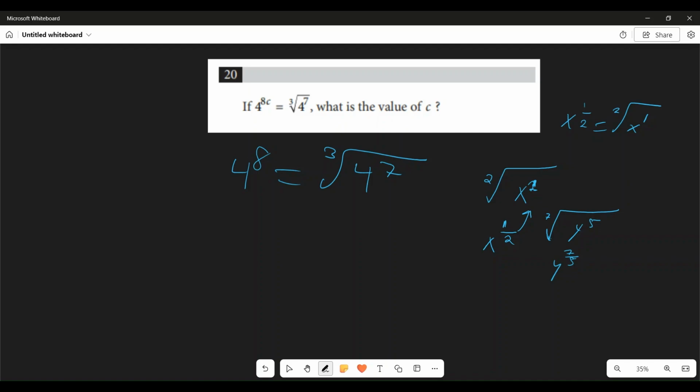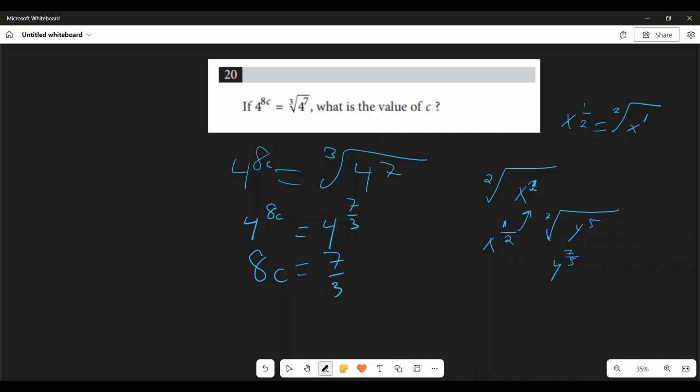So let's go back to our original equation. We have 4 to the 8c is equal to the cube root of 4 to the 7th power. We know now that we can represent this as 4 to the 7/3 power is equal to 4 to the 8c power. Now both the bases of these exponential terms are the same, so that means we can equate 8c is equal to